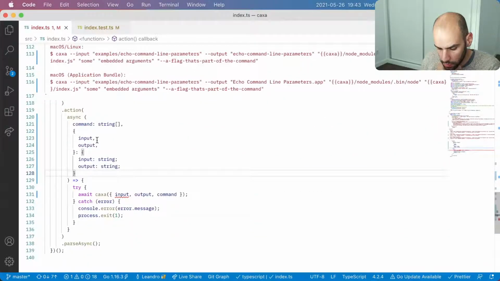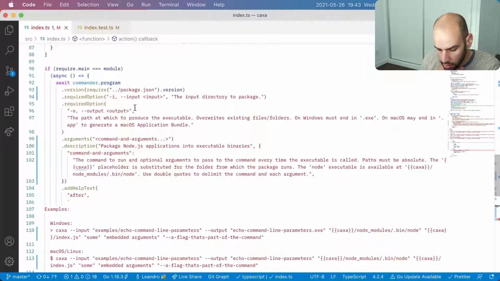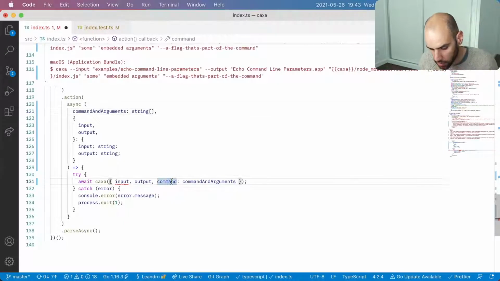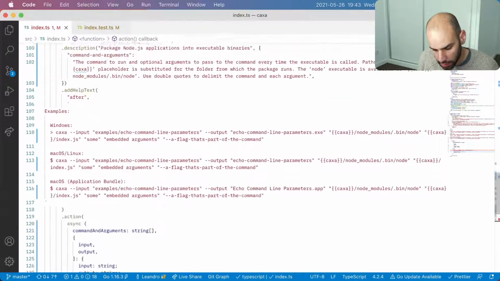So I think I will call this command and arguments as well. Command and arguments. And here I will call this command and arguments. I will change the way that the API for Kasha works. Okay, so I think I like this parallel.